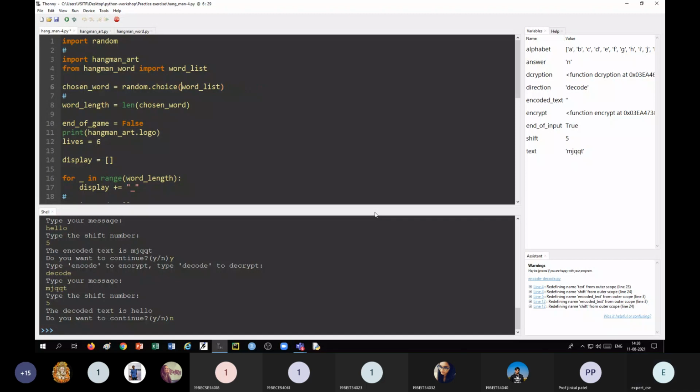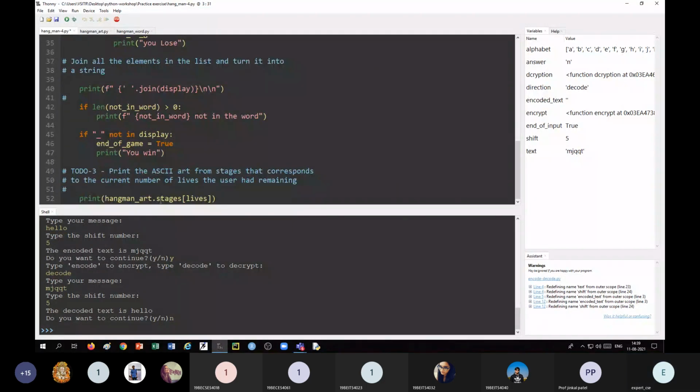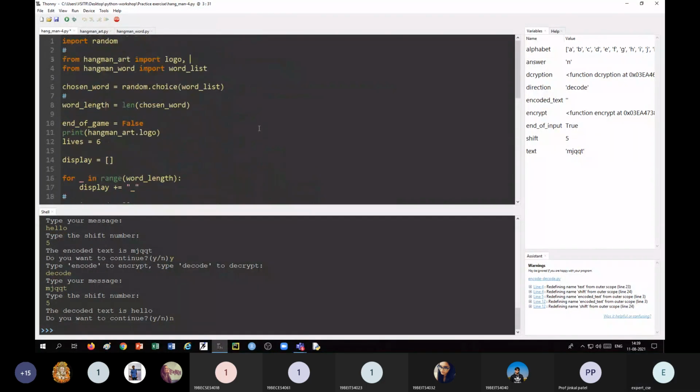Similarly, if you want to do the same with hangman_art, we can do it this way: from hangman_art import two variables we have. Which two variables? logo and stages.